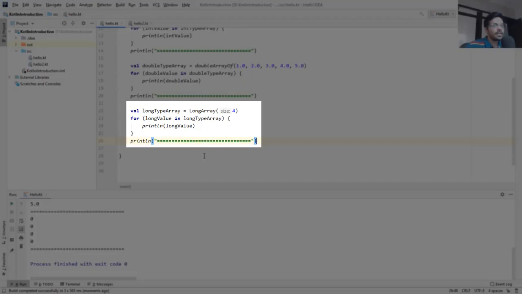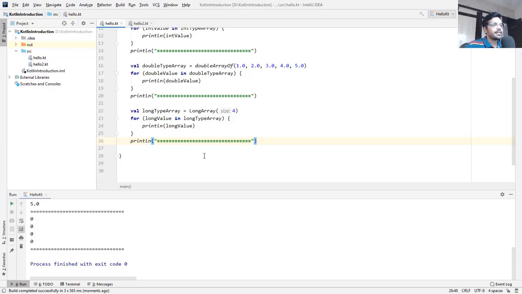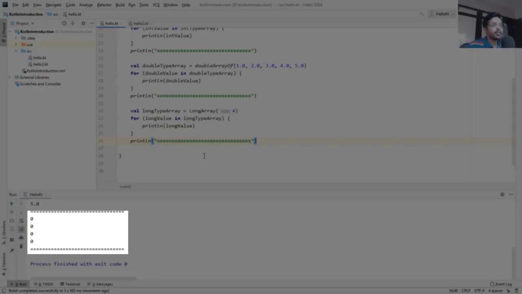Also, you can just define the size of an array. Like here we have declared a size of 4, and once declared it takes the default value of long type in the array.